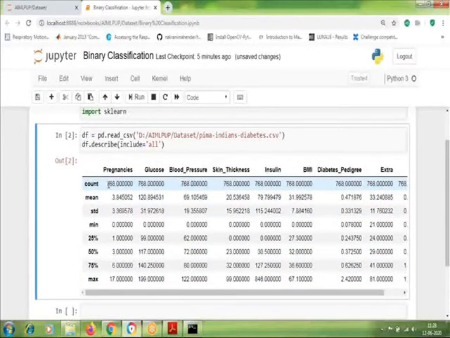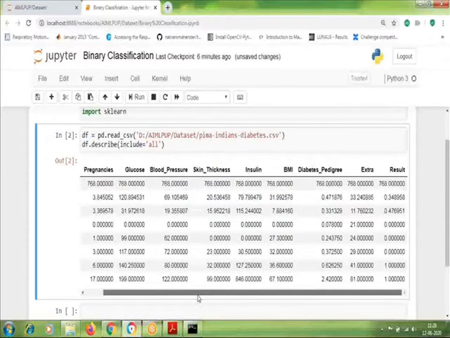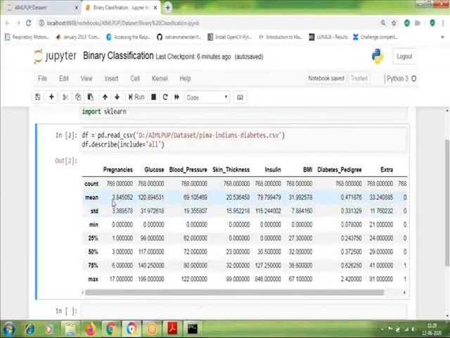Manually you cannot go through each and every row of the data set and check whether there are missing values or not. It is just 768 here. Sometimes the data set might consist of 10,000 rows, and at that time it is impossible to check whether there are missing values or not. Apart from that, because in this data set all the columns are numerical columns, we get only numerical statistical information here. There is no categorical or non-numerical statistical information associated with this.